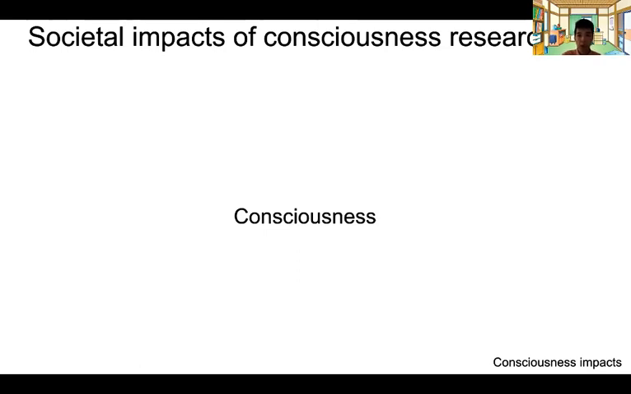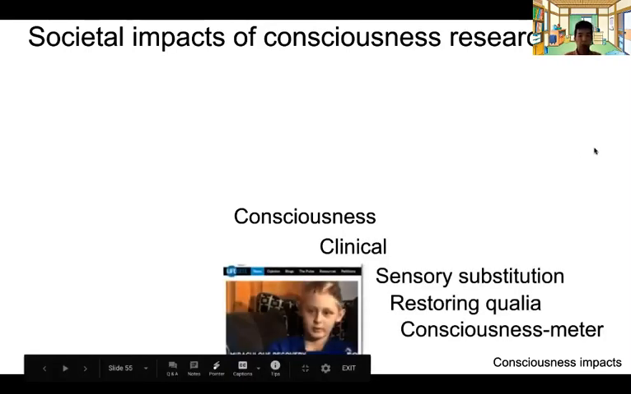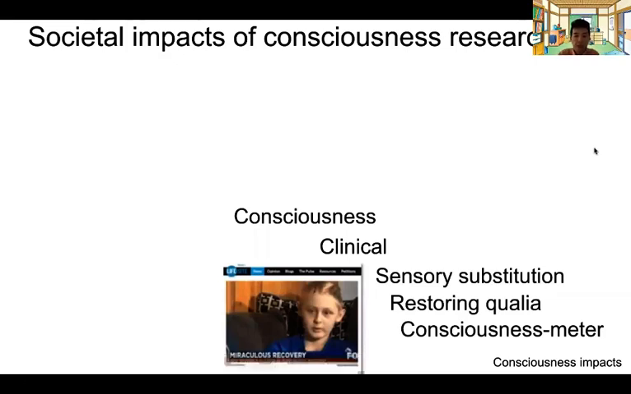First of all, the consciousness research, as you might be able to imagine, has a direct influence on clinical implications. Sensory substitution or restoring the qualia through brain-machine interfaces, as I mentioned in the last section, is an active area of research. And also the consciousness meter, like we talked about last week, the perturbational complexity index, is another active area of research. The photo that I'm showing here is a boy who was hit by a car and then